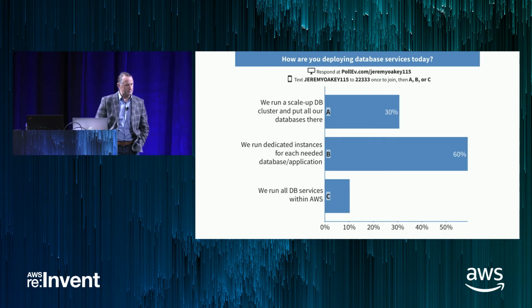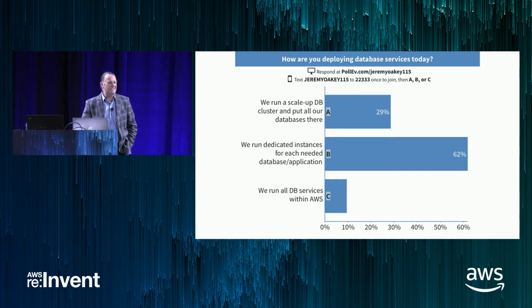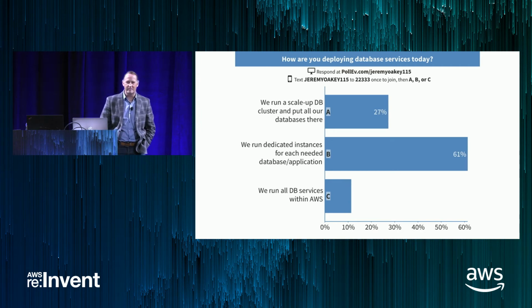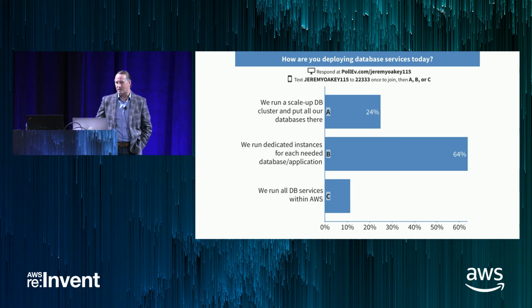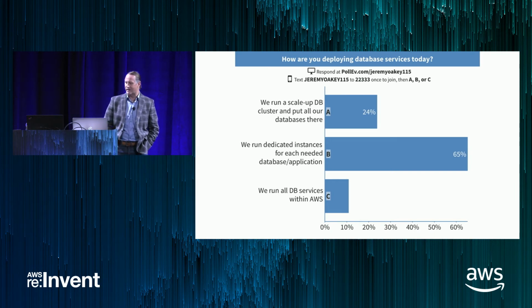Pretty good mix. I have seen B. B's become pretty popular the last few years. Licensing advantages. A lot of times if you set up a resource pool and license the whole pool, you can run as many databases or as many virtual machine instances on the physical server, so you're licensing sockets. So there's been a lot of licensing advantages for B over the past 5 years. Okay, I will tell you, B is the most helpful.